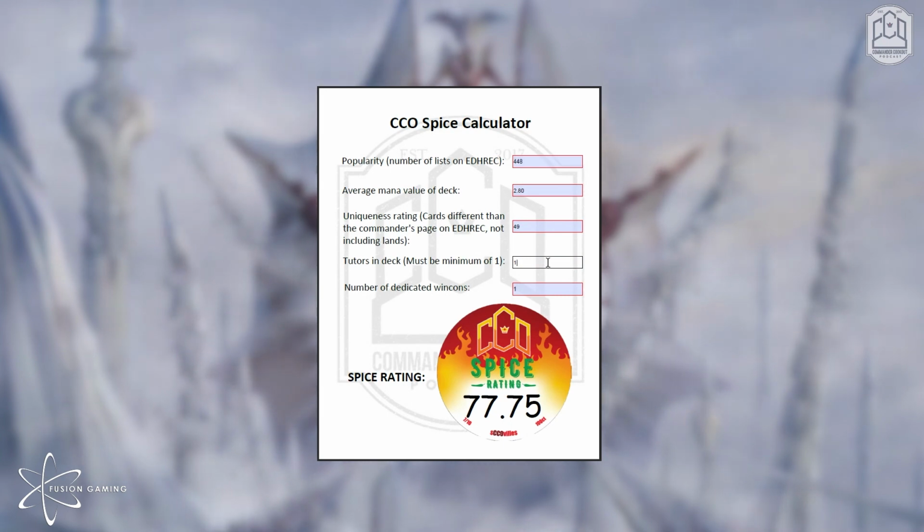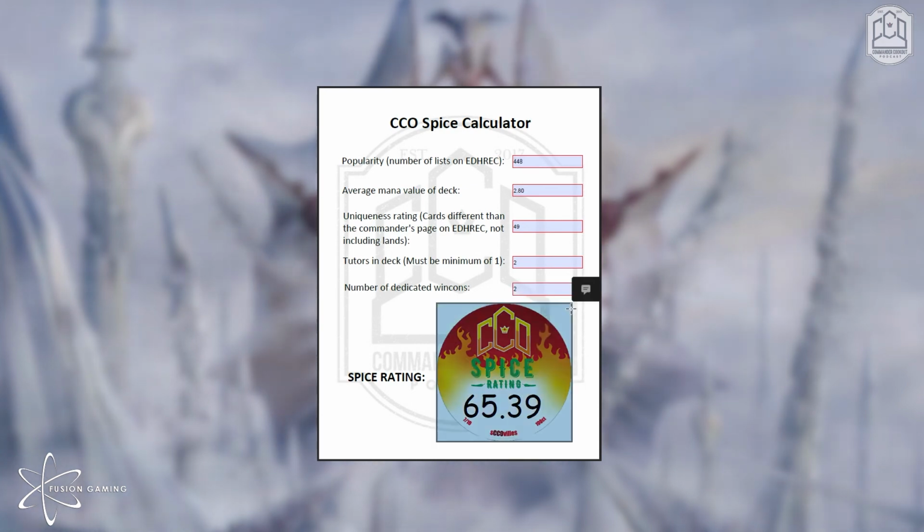Okay. Tutors in the deck. We found 2. Now, you do have to have a minimum of 1 for the formula to work, because everybody gets 1. Even if you have 0, you still have to enter 1. And the Spice Calculator instructions tell you such. We are going to enter the number 2. And then we've already entered dedicated win cons. You punch it all in. Spice Calculator returns